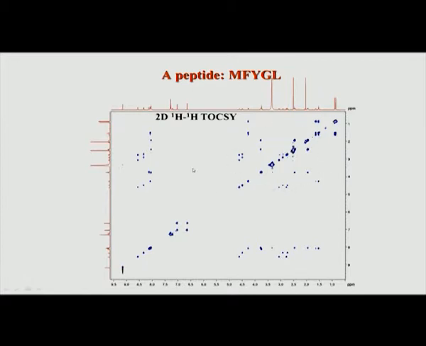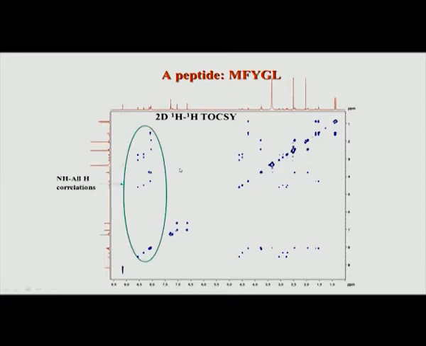So, first thing is that we have to identify the spin systems. That is what we saw in the last class, that for a given NH region, if I draw a line like this, I should be able to figure out what amino acid this line corresponds to. Similarly, all the vertical lines, all the NHs, correspond to the different amino acids. So, how to identify the amino acids? It will be based on the spin pattern, the pattern of peaks for the aliphatic part, and we have seen that all the amino acids have a very characteristic peak pattern which will be useful for assignments. So, let us go through that.